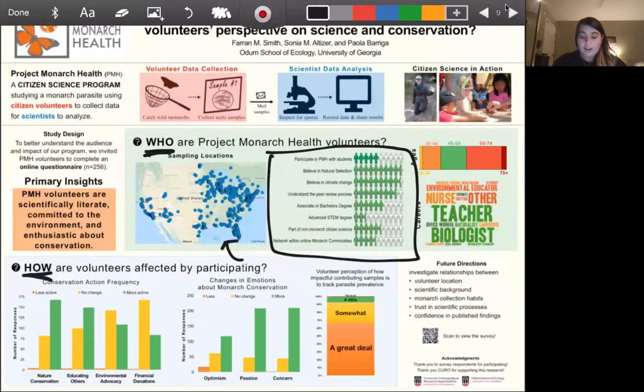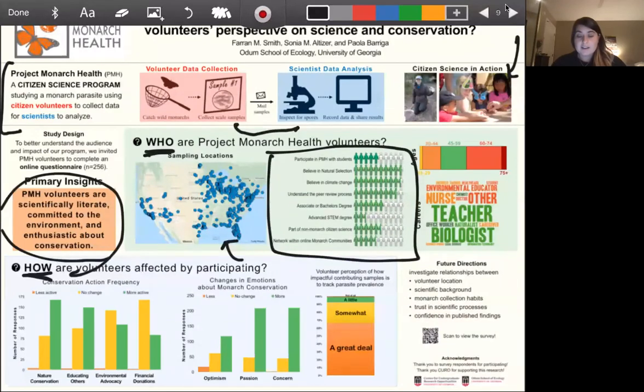having a flow diagram at the beginning explaining, okay, what is the project she's talking about? What are the different steps that each sample had to go through? Adding some high quality pictures. And also emphasizing here's the big finding, primary insights, that's in bold, it's in a separate box of color. So it really emphasizes the finding, and then also having some future directions,